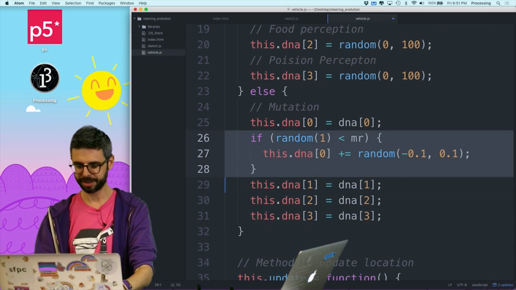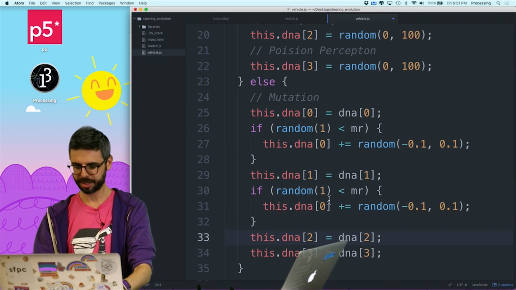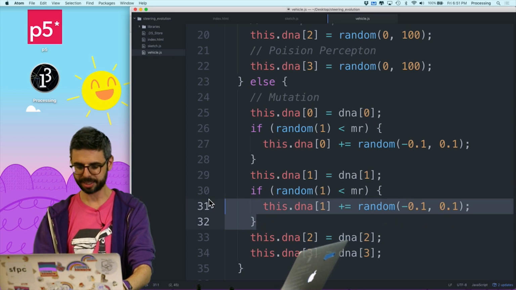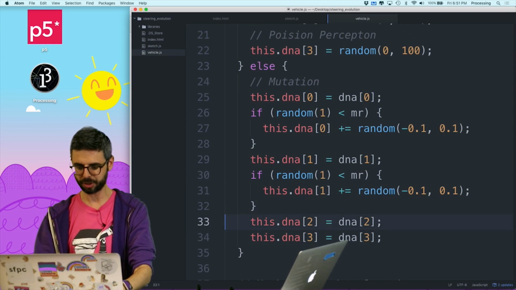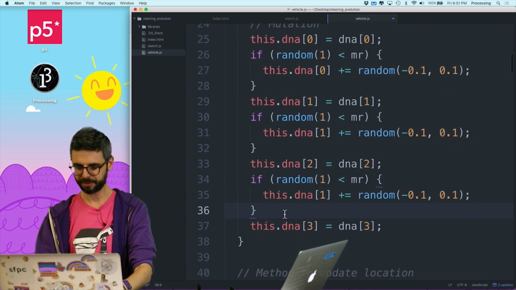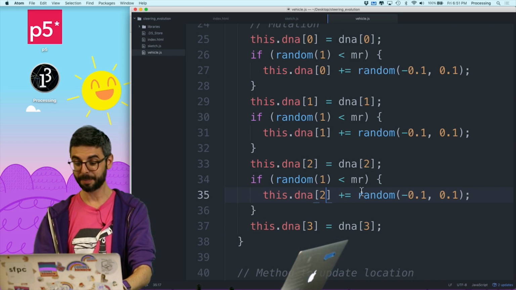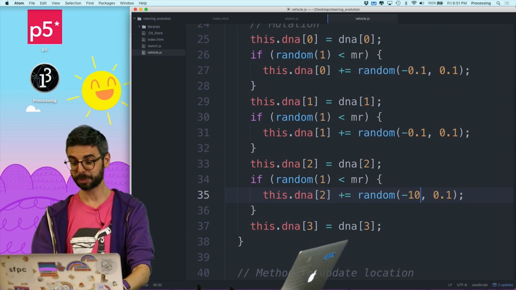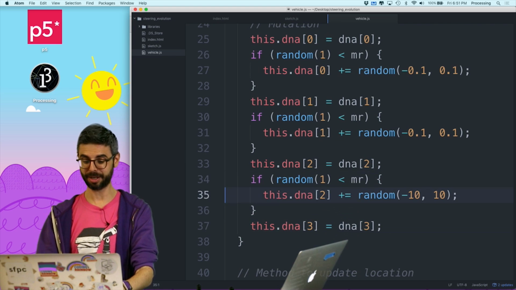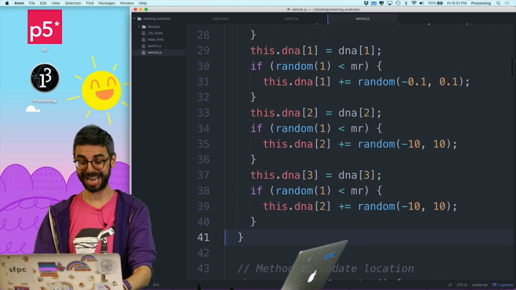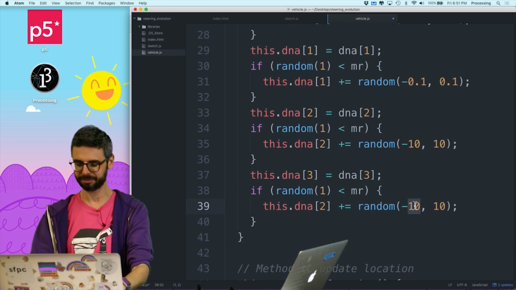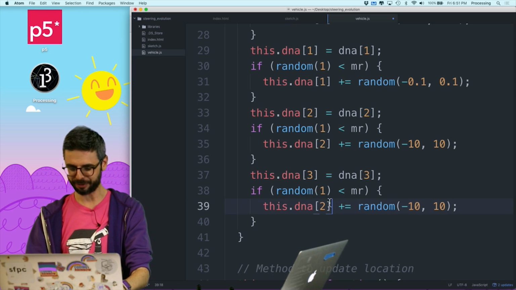I'm going to do that for the second steering weight, and then do the same thing for the last two, but the range I want to adjust is between negative 10 and 10. I probably should cap it so it can't go below 0, but good enough for right now.